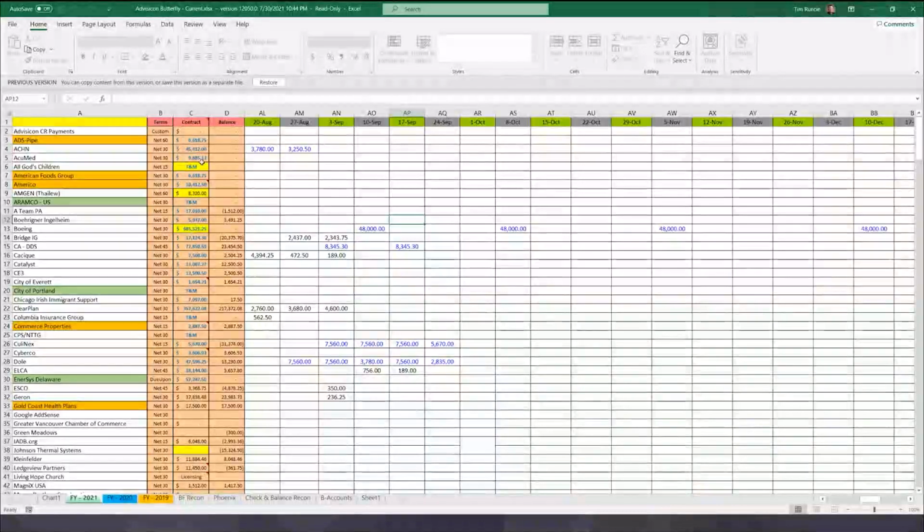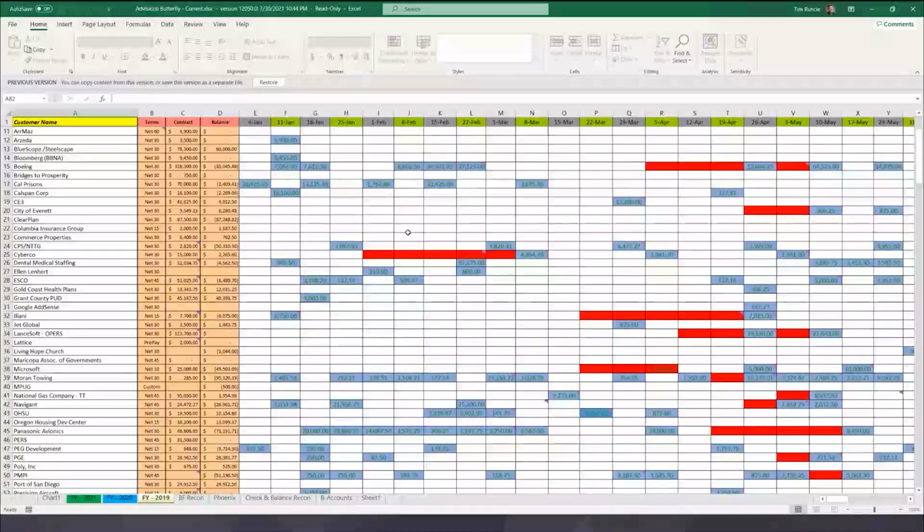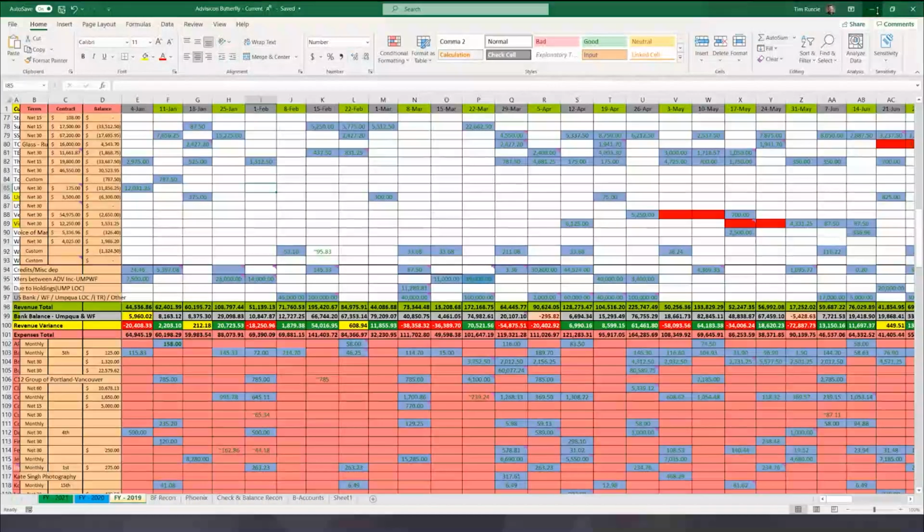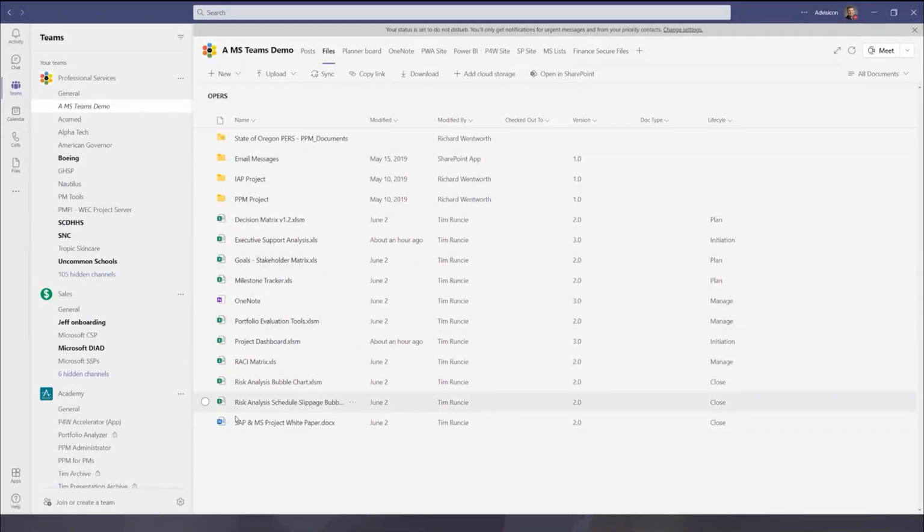And so literally I can jump in, and you'll see right here at the top I've got a version, same file, some of the same information, but I can also go in and restore this. So if I make a mistake, screw it up, we can always restore that. But again, it's just a copy. So SharePoint's doing exactly what it's supposed to do, making version control basically with my documents